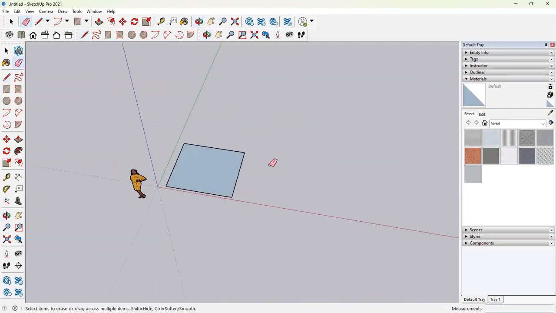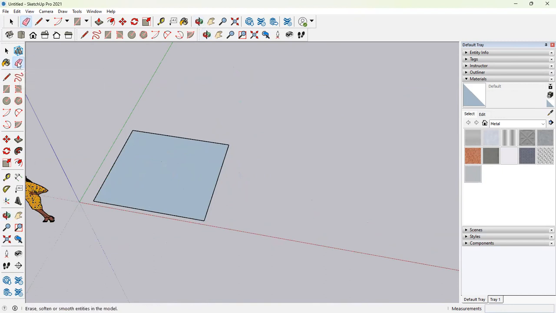To delete anything, we will hit the erase tool. It also gets activated by the key E on your keyboard. So if you want to erase, you can start erasing. That's line. The next tool that we are going to use is the rectangle tool, which also gets activated from here,